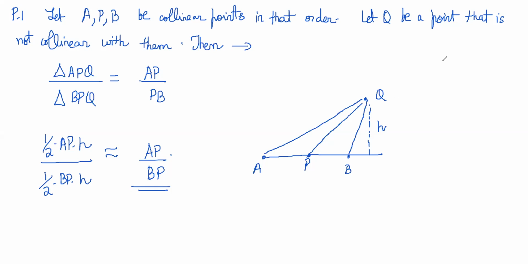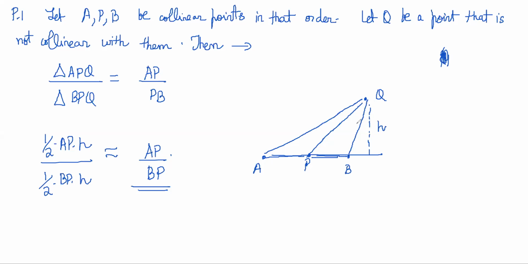Sometimes it will not be obvious that the triangles are having the same base or similar bases. So questions could be very complicated where you will not notice this. For example, when we do excircles, when we derive the length of an exradius, that time this point will become useful. So right now, even if it seems like, why are we doing this, this is obvious, it is not so obvious at some points. So just keep in mind this thing. If the base is on the same line, then the ratio of the bases will be the ratio of areas of the triangles, right?